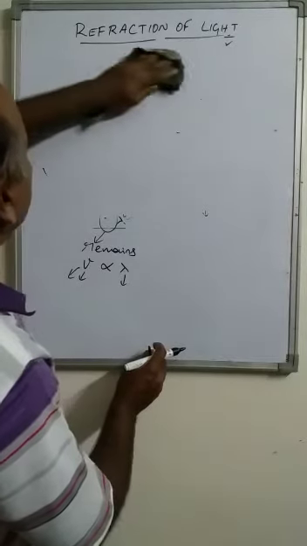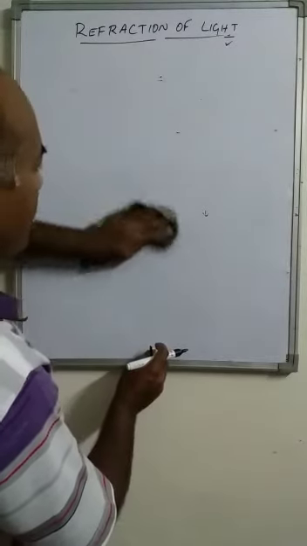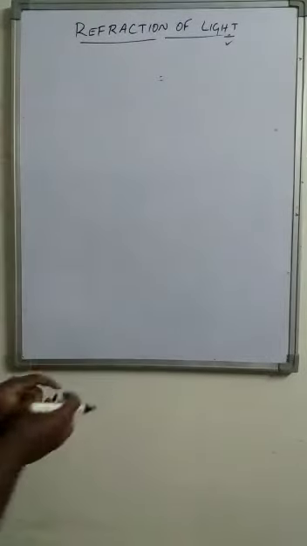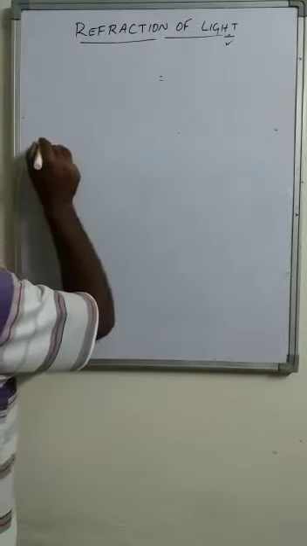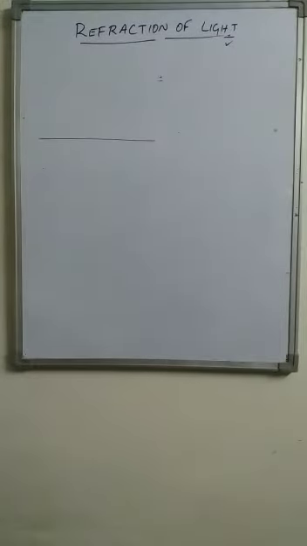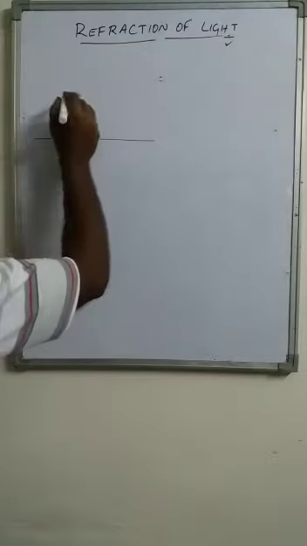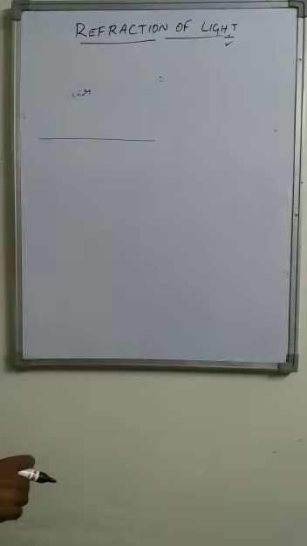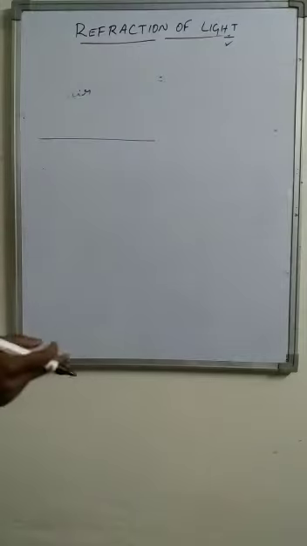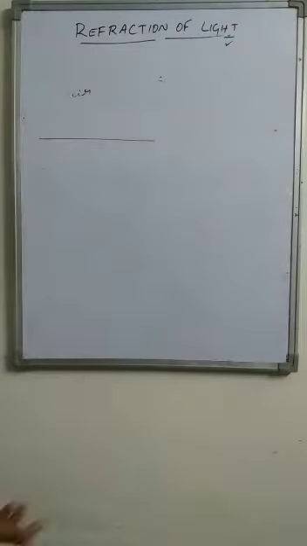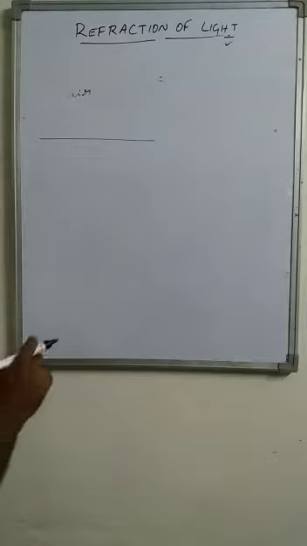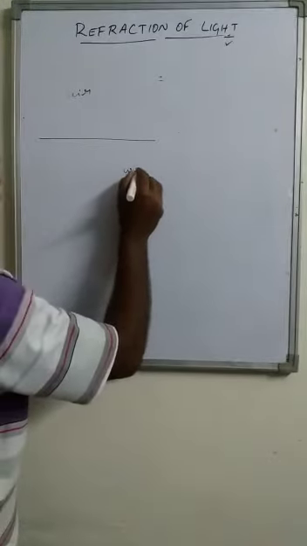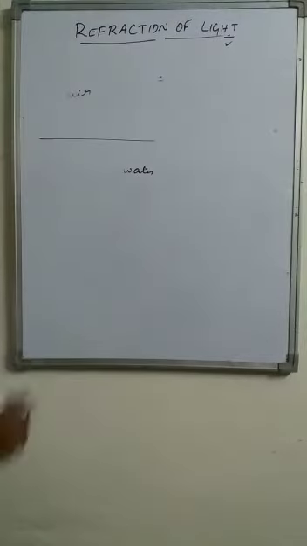If we take, suppose, a surface here, this surface separates two media. Here we consider this is air. Right now I said the velocity of light in vacuum and air both are same, equal. So instead of considering vacuum, we can consider air. And here it is water. Now if a light ray